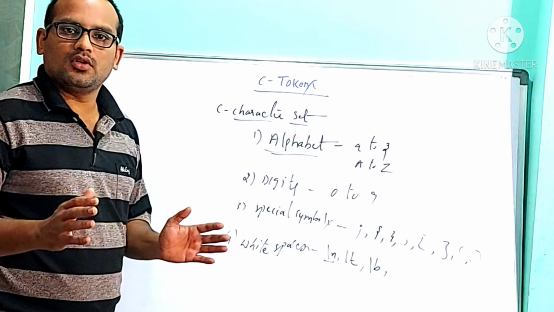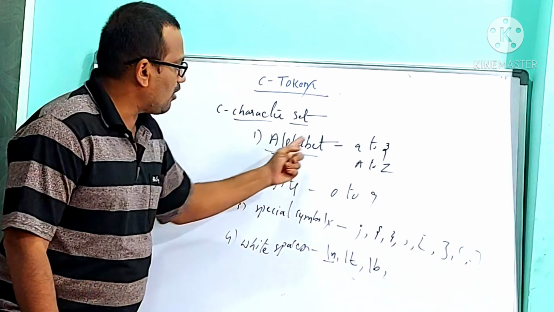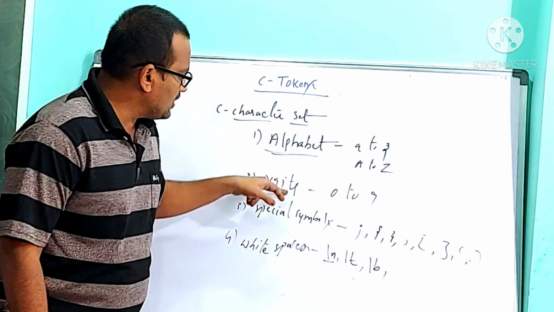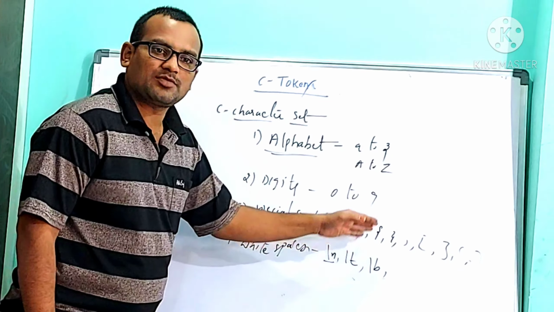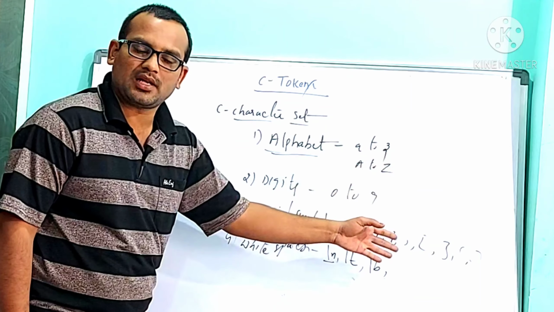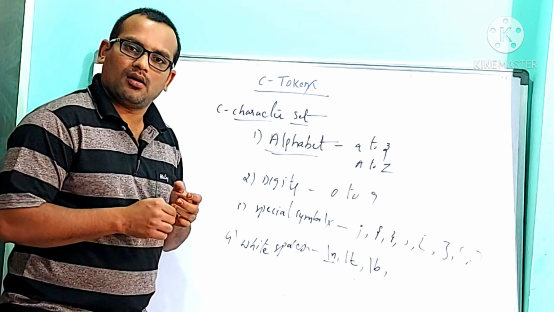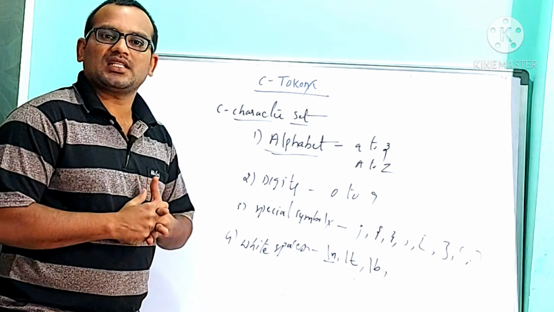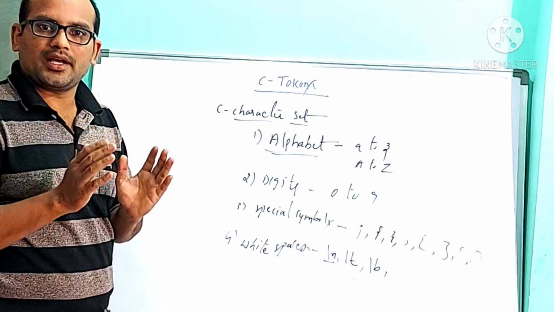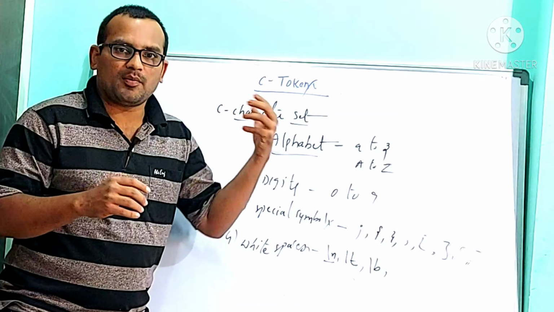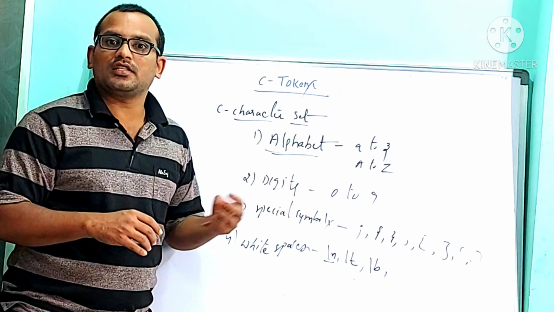So finally, character set represents the set of characters. Character means it may be an alphabet, it may be a digit like 0 to 9, it may be a special symbol like comma, semicolon, open curly brace, close curly brace, it may be a white space like horizontal tab \t, backspace \b, new line escape sequence \n. All these come under character set. Again, character may be an alphabet, a digit, a special symbol, or a white space. All these come under character.